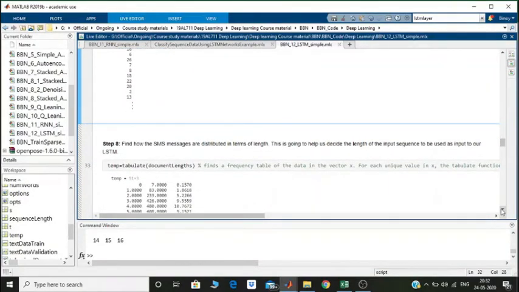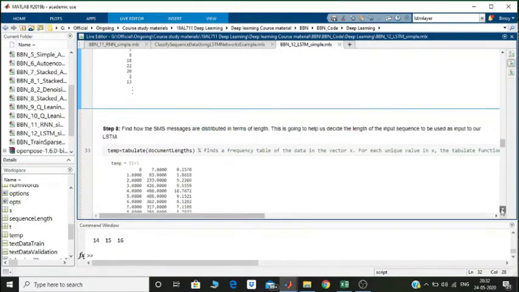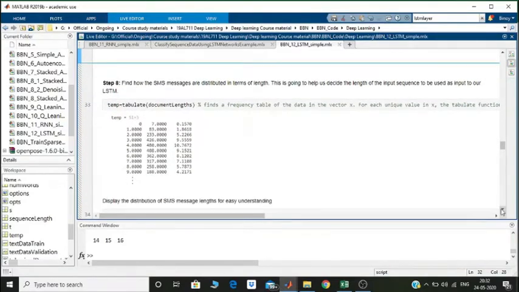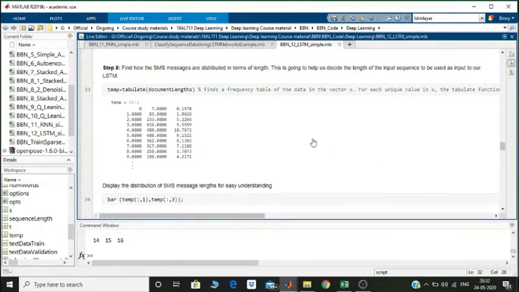Similarly, next step, I will just try to find out what is the distribution of document lengths, which basically means that each SMS message, how big is a typical SMS message. That's what I'm trying to find out.